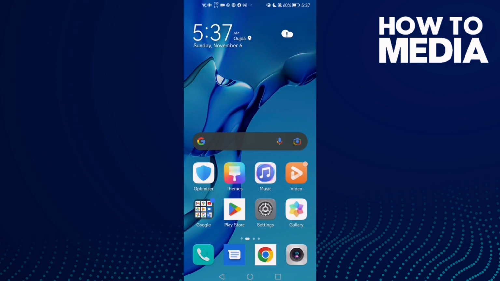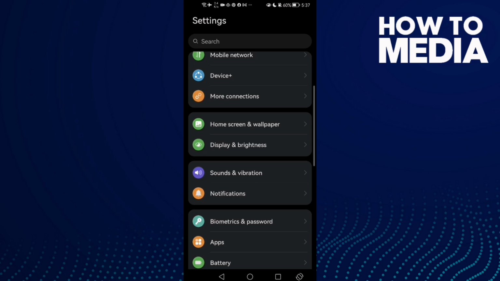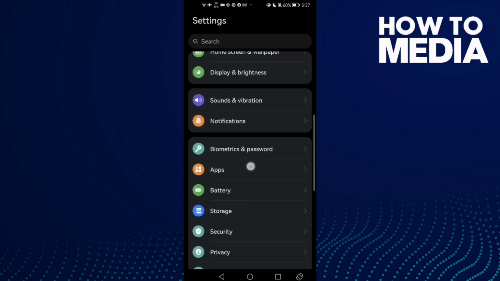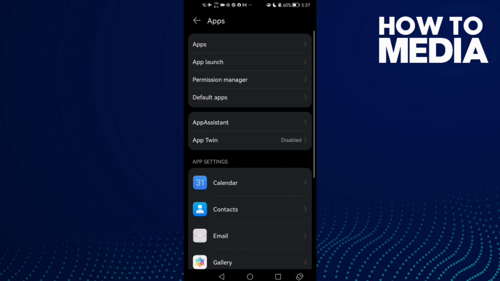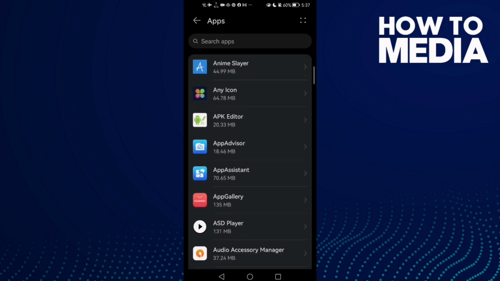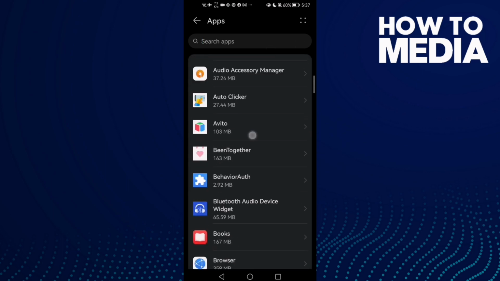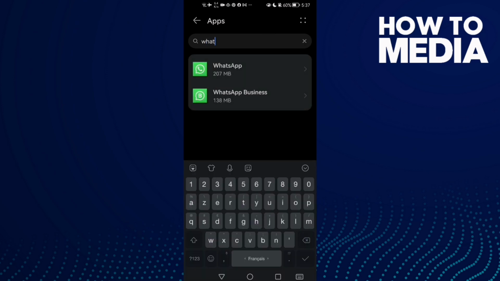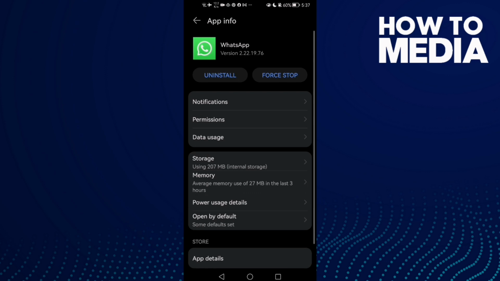Hello guys, in today's video I'm gonna show you how to fix audio problem in WhatsApp video call on Android phone. First, open settings and then scroll down until you find apps, and here click apps again. Now here you need to find your installed apps, and then just find WhatsApp, type here WhatsApp and click on it, and first go to permissions